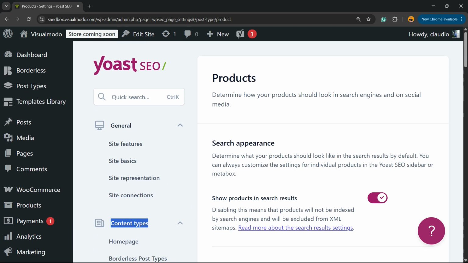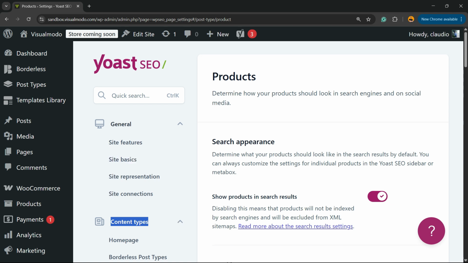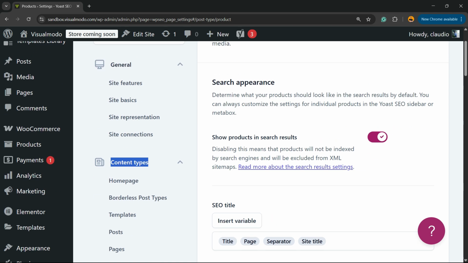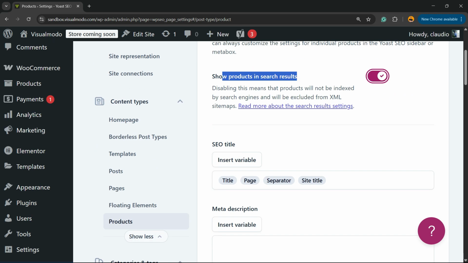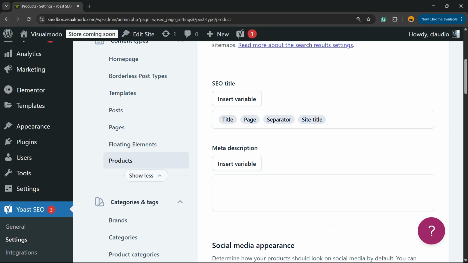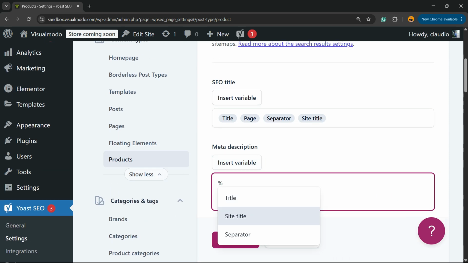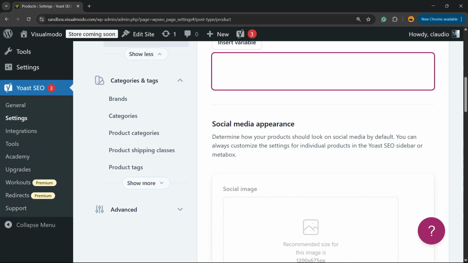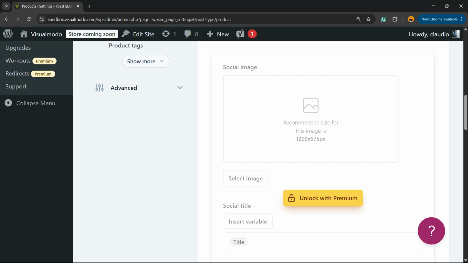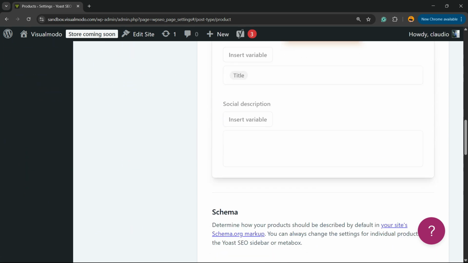Click on products, and here you can customize the default and the global search engine appearance of your WooCommerce store products. Show products in search results, of course we want that. SEO title, so title, page, separator, site title, it's up to you. You can customize this in the case that you want. You can insert some variable in the case that you want as well. We have options to change the social media appearance in the case that you are in the pro version,